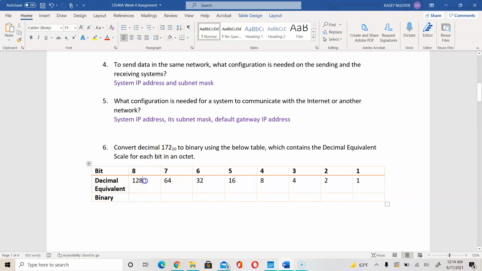The largest number that we can subtract in this scale is 128, so you would start with that. You would take 172 minus 128,